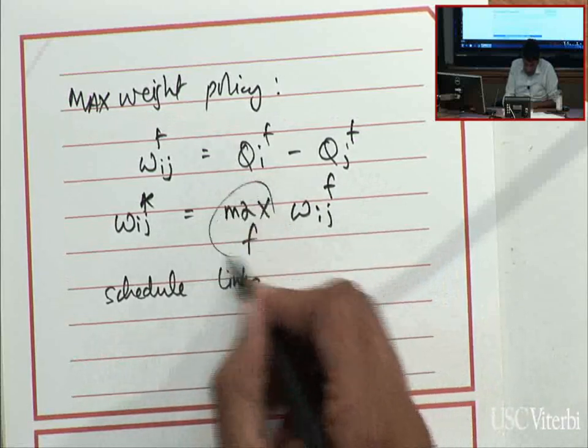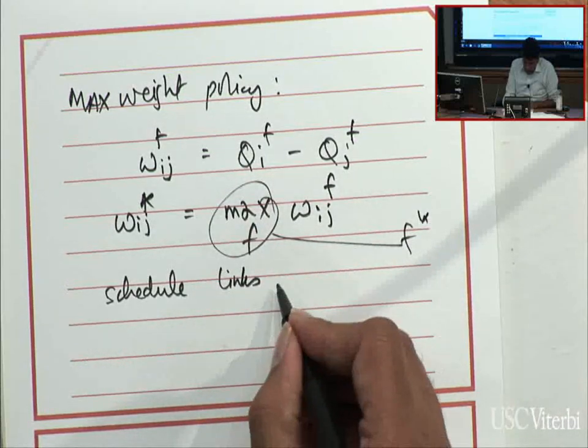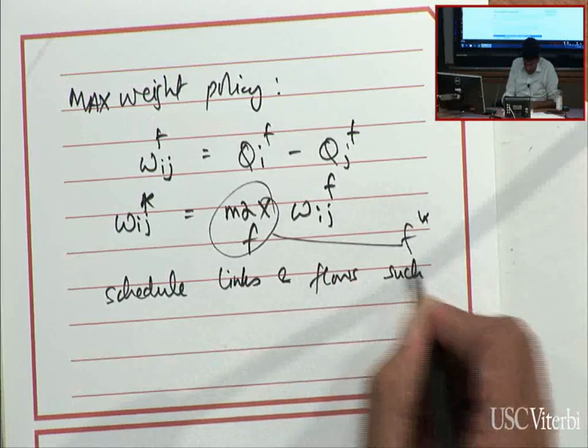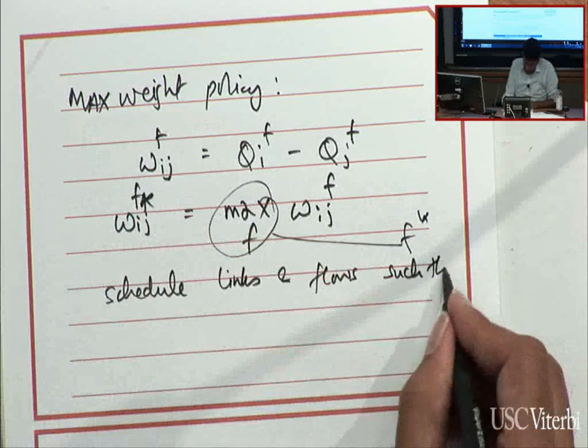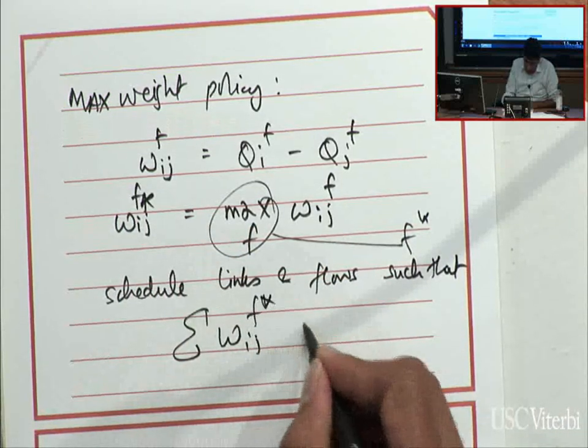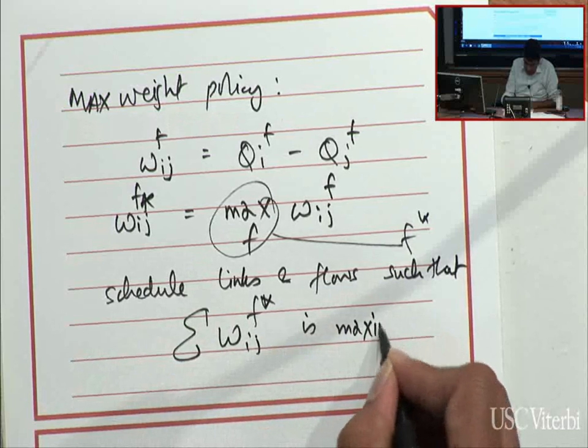So this max over f, we call that f star. Schedule the links and flows, let's call that f star, such that the summation of Wij f star is maximized